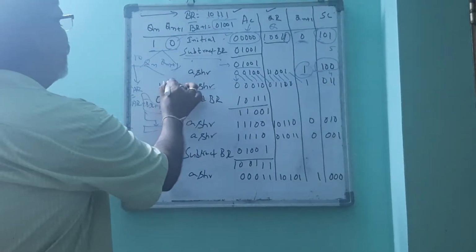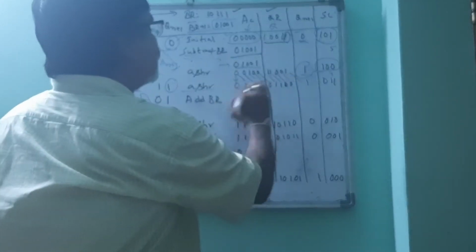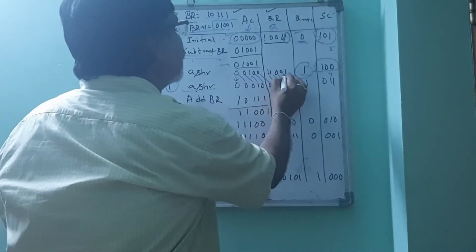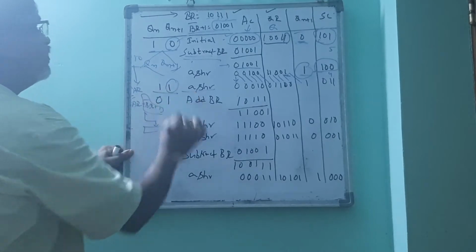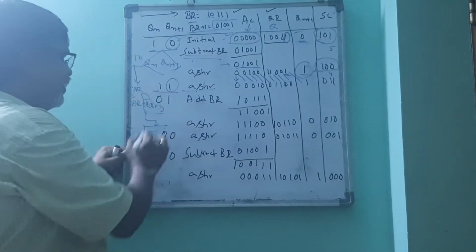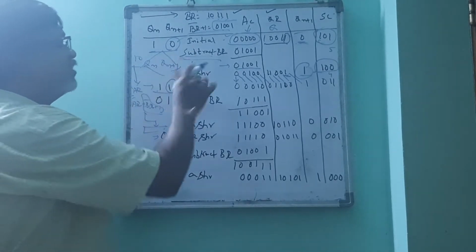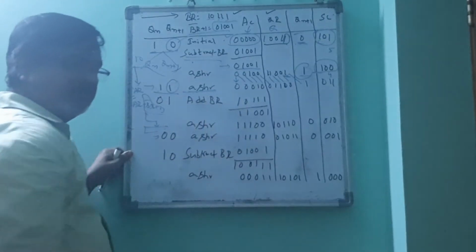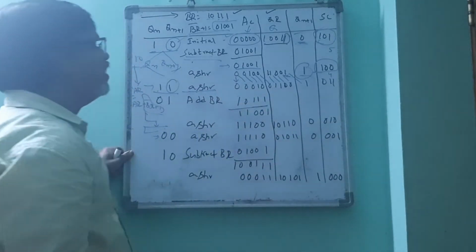So Qn plus 1, and then here you can check it out. After performing this operation, the Qn value here is 1, and we got 1 and 1. So after getting 1 1, if the result is 0 0 or 1 1, we are simply not performing any arithmetic operations. We are going to perform the shift operation. So here the shift operation will be performed.